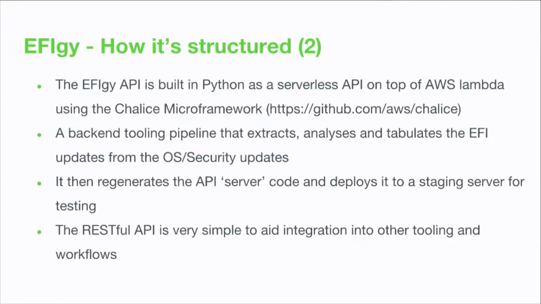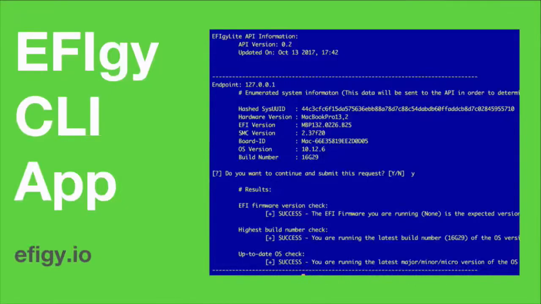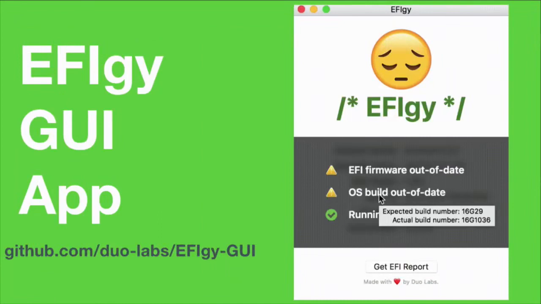Pepijn mentioned there's an OSQuery module being built to directly query against the API and not have to use the Effigy client. It's got a command line version, which looks really exciting. You'll see what's being sent up and then various checks that are being done. There's a GUI version if